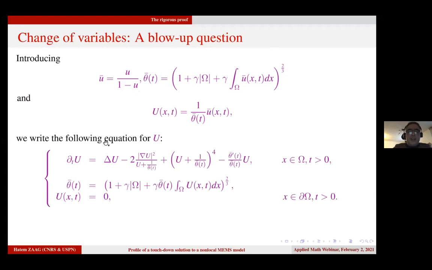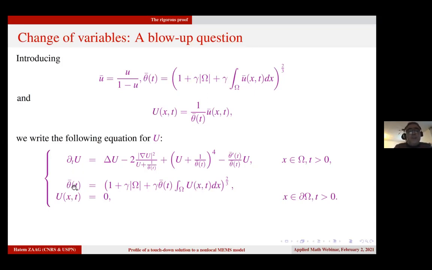So when I do this, I end up with this equation on capital U. So capital U, first of all, will have to blow up. In fact, I personally like blow up problems with respect to quenching problems. So probably this is the explanation why we do that. So we have this term which was neglected earlier. Here u will go to infinity. So this is more or less u to the power 4. This is more or less gradient u square over u. And this is, of course, our non-local term, but we will